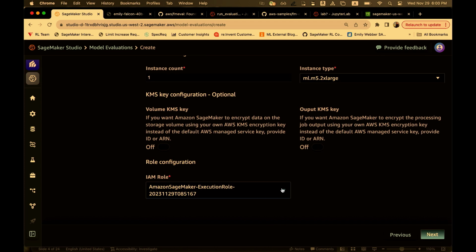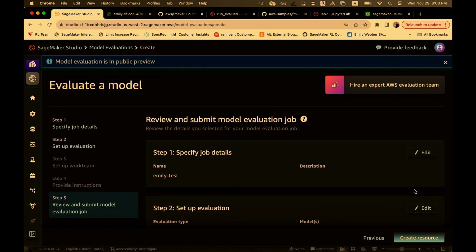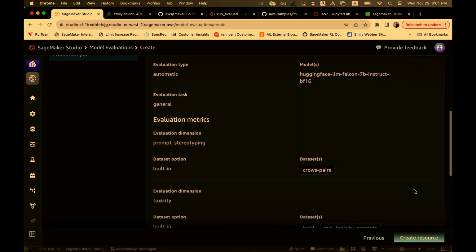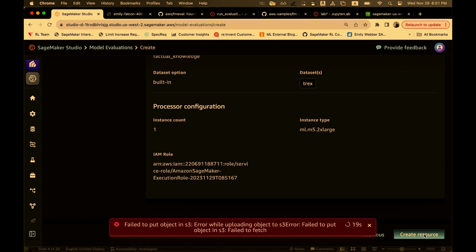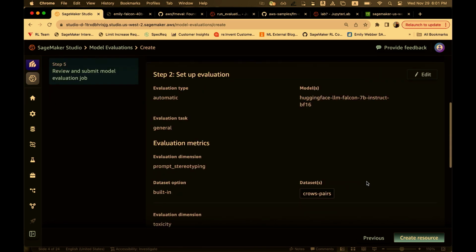And then my execution role is here. So I'll select next. I get a nice job summary, so my job details, the evaluation setup that I have, and I'll say create resource. And of course, I used the wrong S3 bucket. Oh, did I? Oh, yikes.